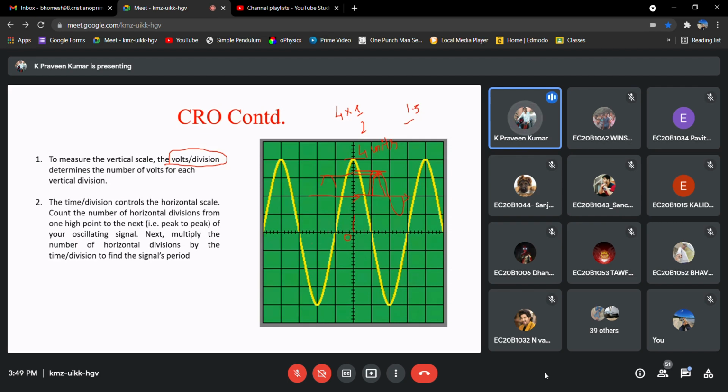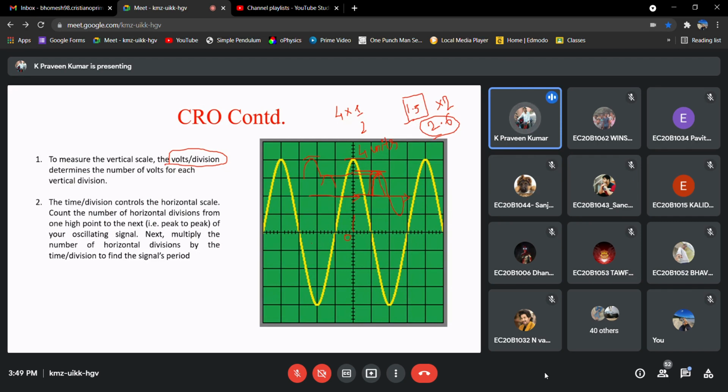But is it guaranteed that it is 1.3? Say, for example, the volt per division is 2, you would get 2.6. But if you change that volt per division knob, this peak will touch somewhere else exactly. Then if you multiply with that factor, you won't get that 2.6 value. So we need to take care of that, right?